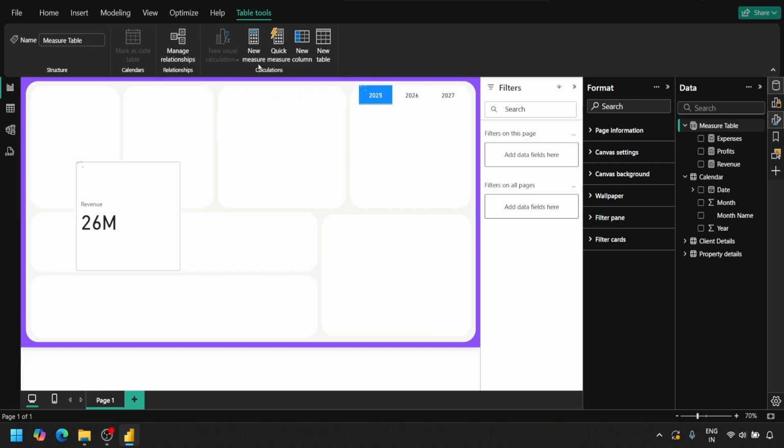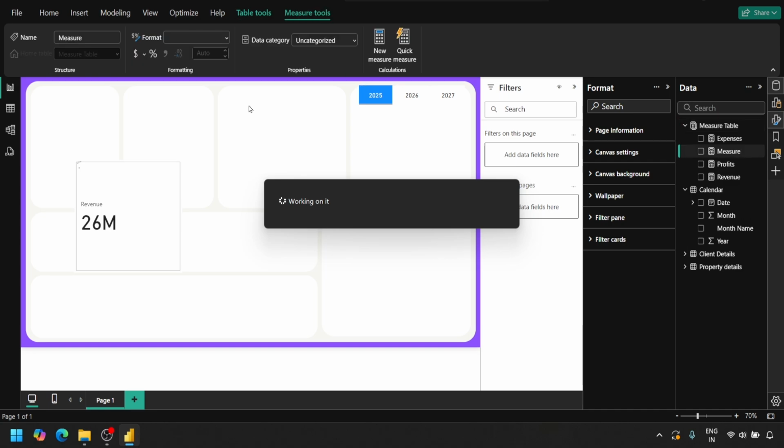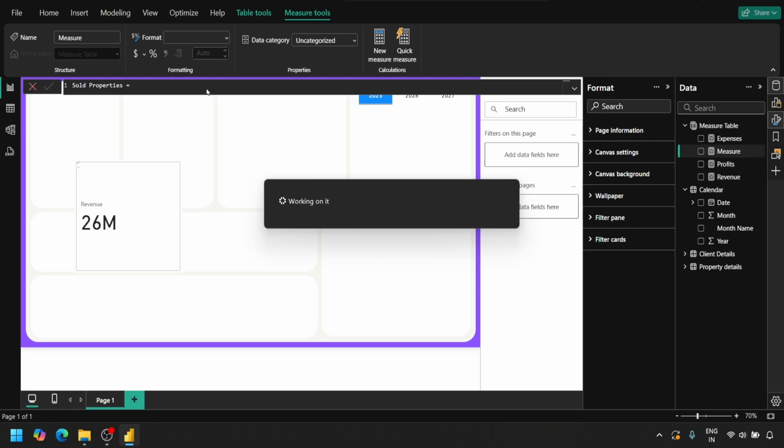Let's click on new measure, and we write it as sold properties, and inside the sold properties